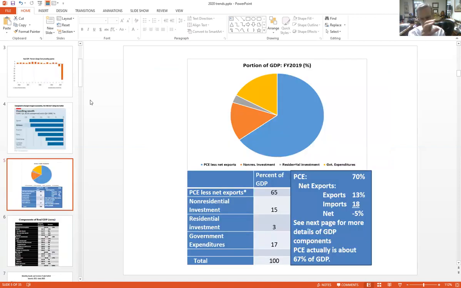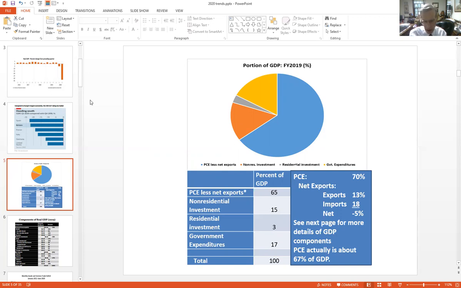We need to focus on just what the components of the GDP are. In the prior version of this video, I showed a series of pie charts starting in, I think, 1990 and showing how these components are fairly stable. Their proportions don't change a great deal.